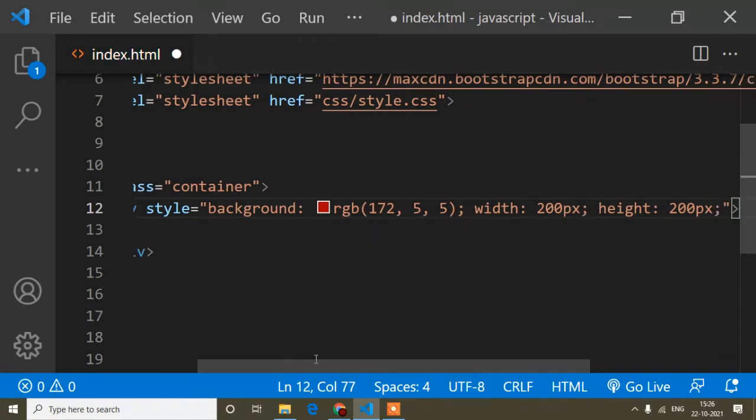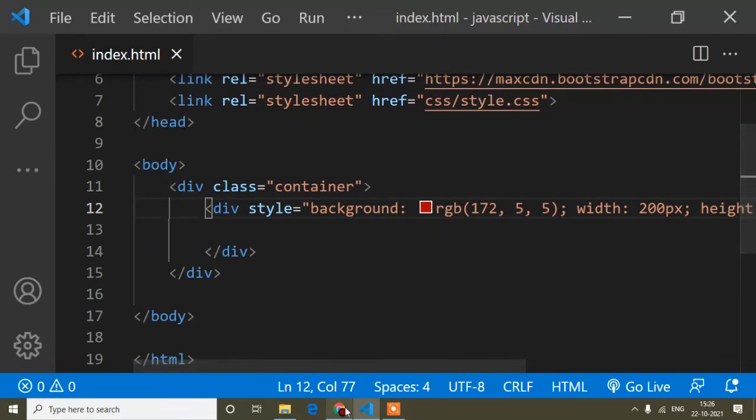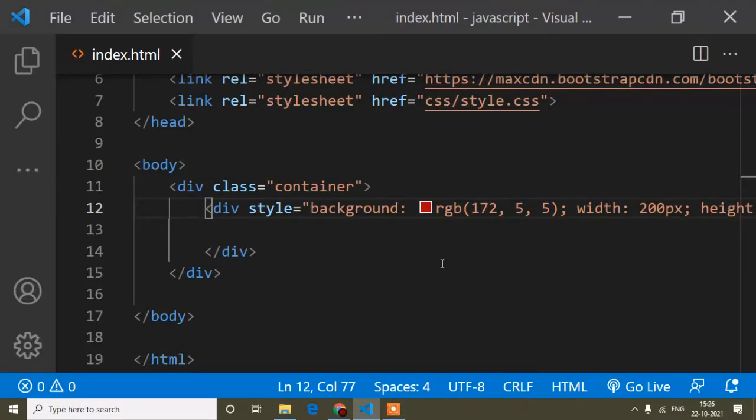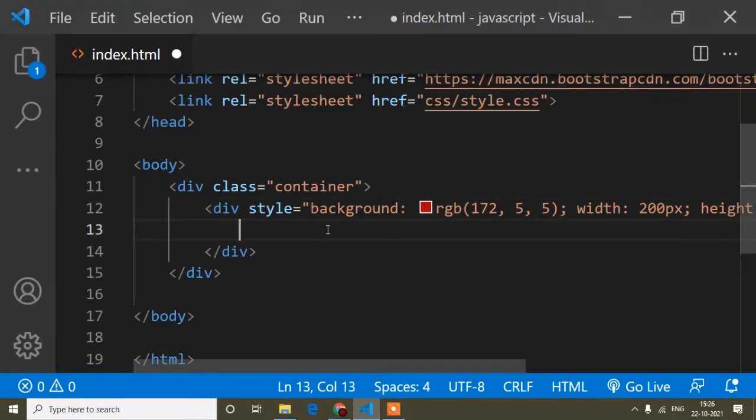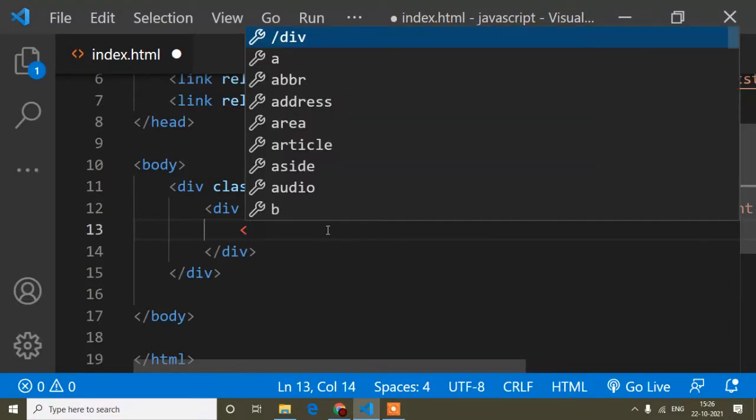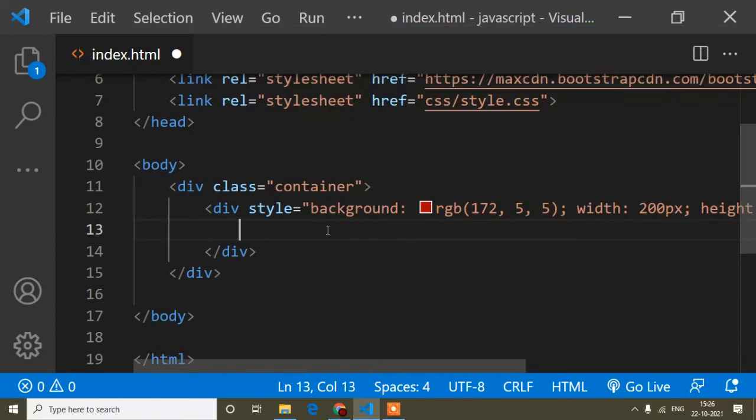Now I will just save this, and if I go to the browser and refresh, you can see the div is added. This is the parent div. Here I will write only "parent". Now you will find it's written parent here.